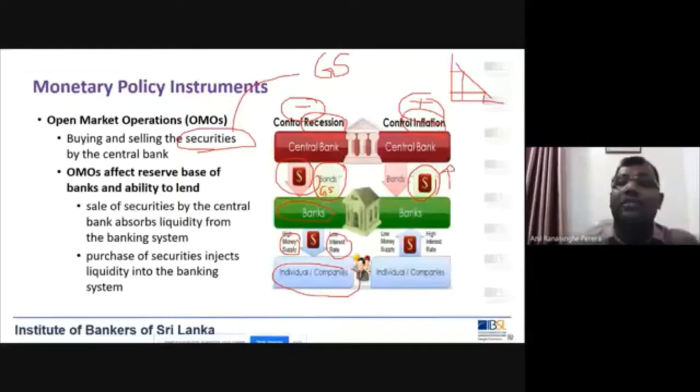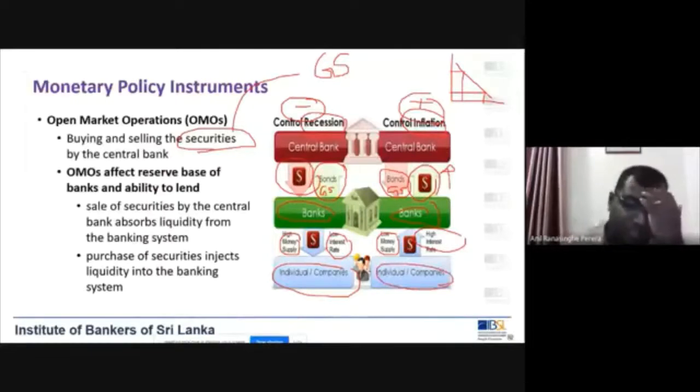And how does the central bank absorb? The central bank is selling government securities, bonds and bills to banks. Now banks have less money. Now their money supply goes down and the interest rate goes up. Again, that will have an impact on individuals and companies. So this is basically